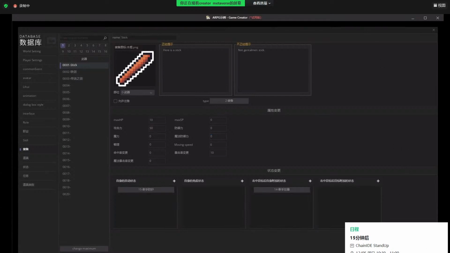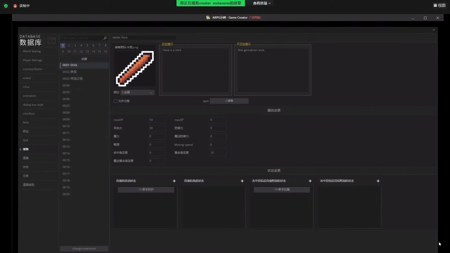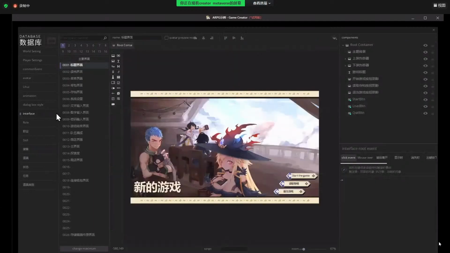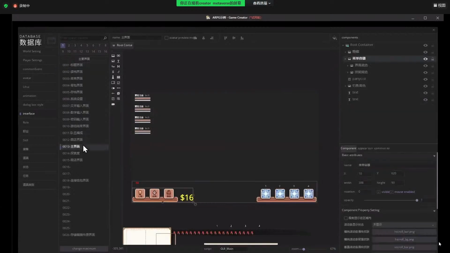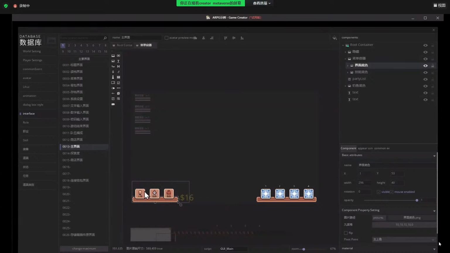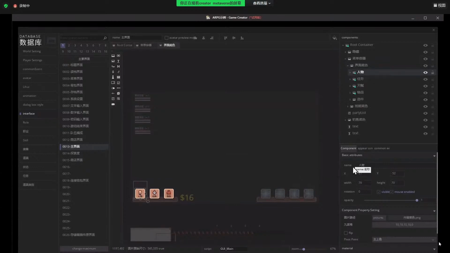When we play the game, we also figure out there's a lot of interface. They are in the Chinese version. And I'm going to change it from Chinese to English, and you can see how much flexibility Game Creator will provide you. Here is the people. Just double click. Here is the name.